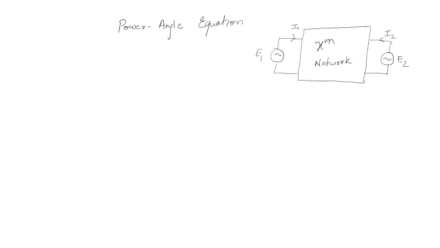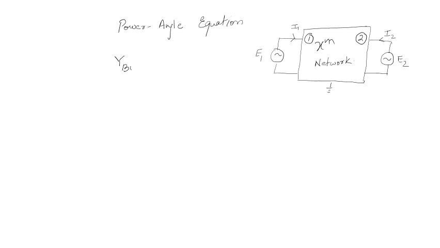So this is a network where you can find that you have bus 1 and bus 2, and there are two generators E1 and E2 that are supplying the current to the system, and this is the reference node. Okay, so you might have learned in the load flow analysis that for a two machine system,